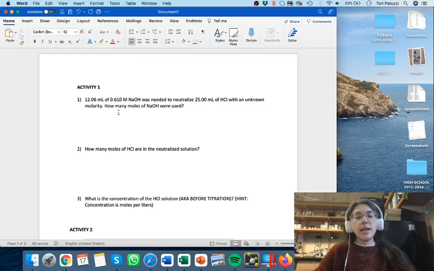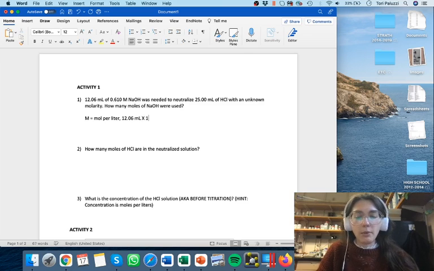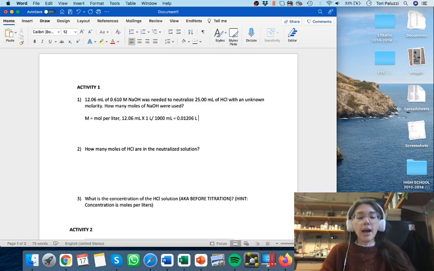So what I'm going to do is I need to remember to myself that molarity, that big M, equals moles per liter. And so when I have anything that's in moles per liter, I need to know that all of my volumes that are in milliliters are going to need to become liters. And so I'm first going to take this 12.06 milliliters and convert that into liters. So I'm going to multiply that by 1 liter divided by 1,000 milliliters, and by dividing it by that 1,000 milliliters, I'm going to get 0.01206 liters,